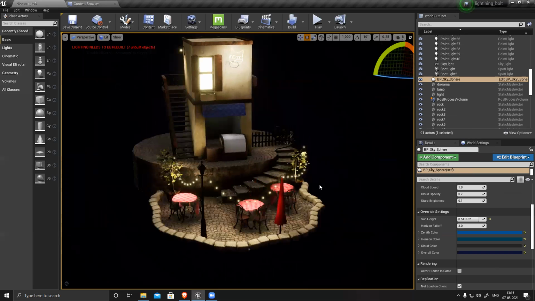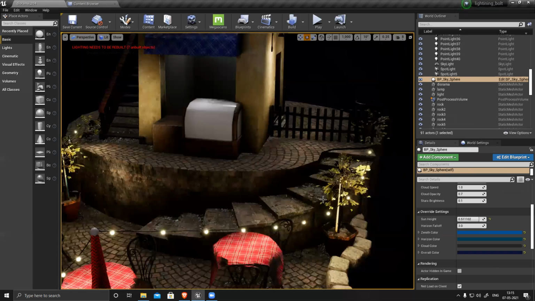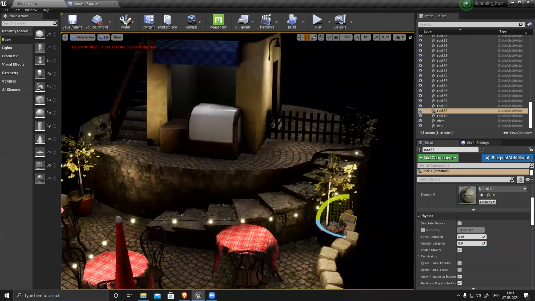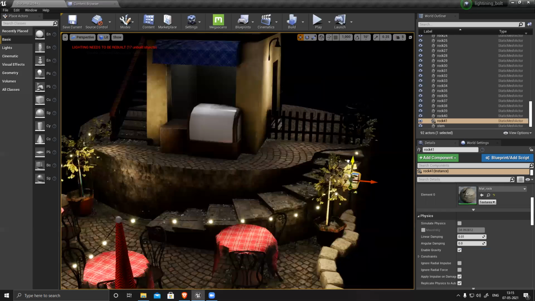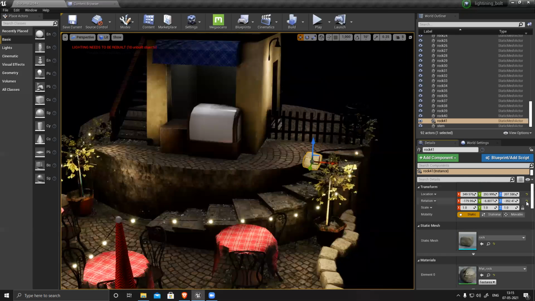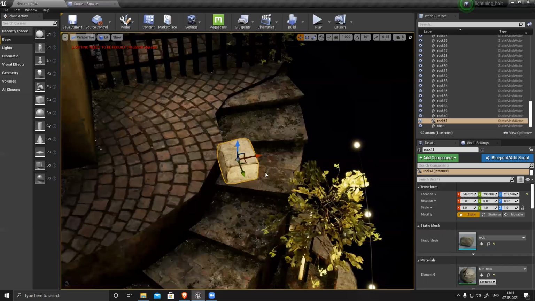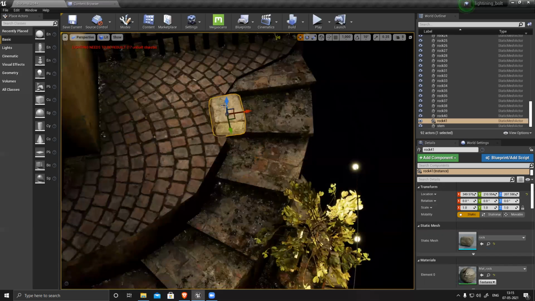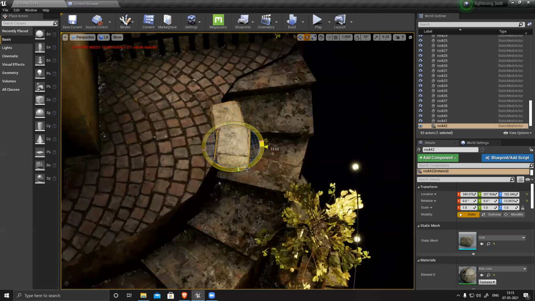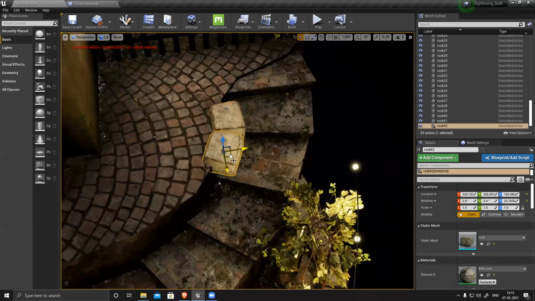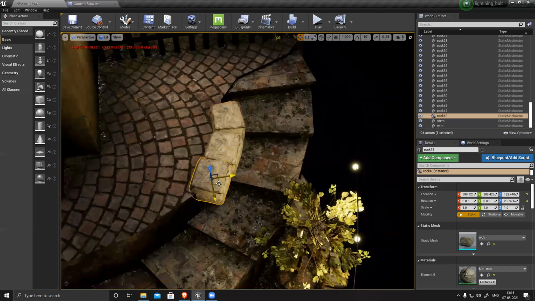Almost the file is ready. There are a few things still to do, like I have to duplicate them one by one. Rotation, undo it. Okay, this is one modular piece we are using in our scene.